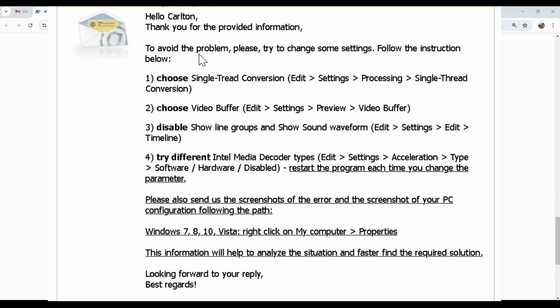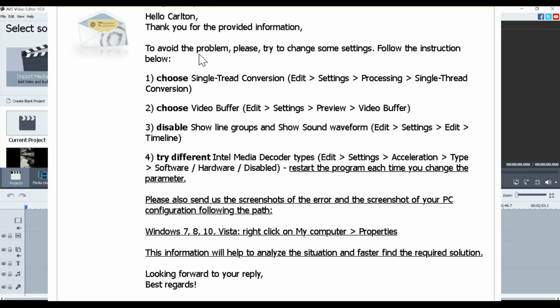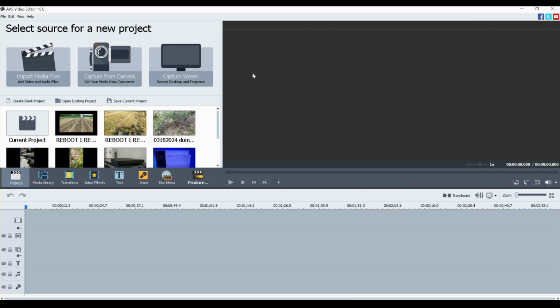This is part of a correspondence thread back and forth with them, and they just set a bunch of settings that you should set as default to help prevent it from crashing. So what I'll do is just pull you up and show you how to get to those settings and how to set them. So you open the AVS Video Editor, you go right here to Edit, you go down to Settings,